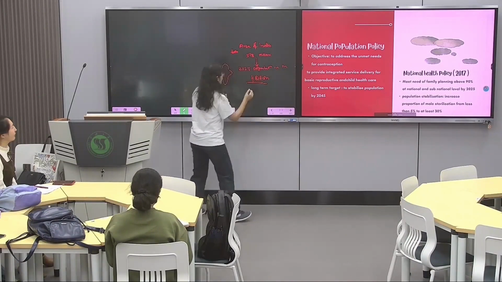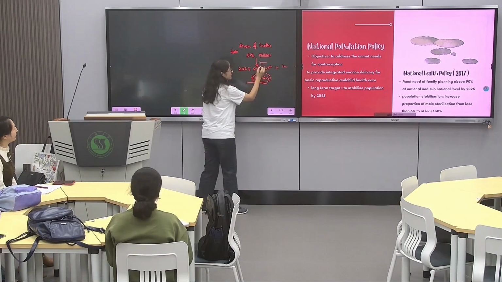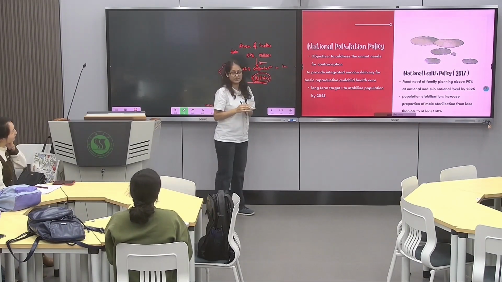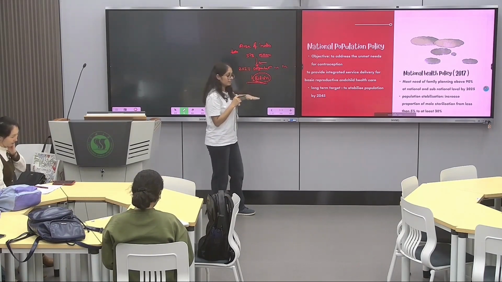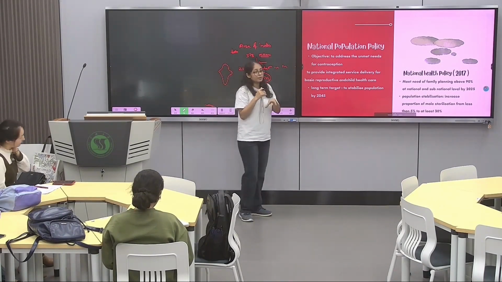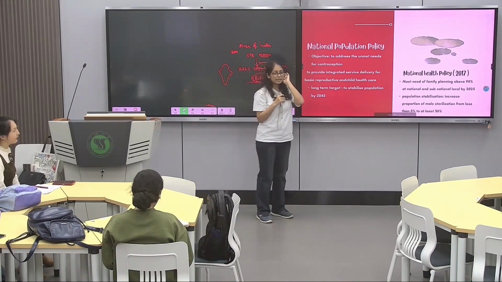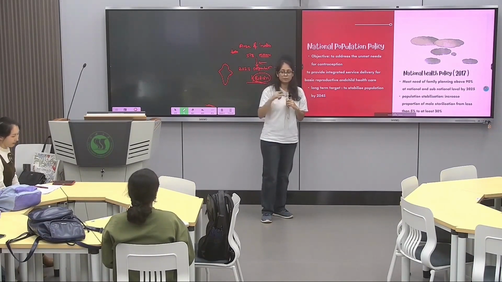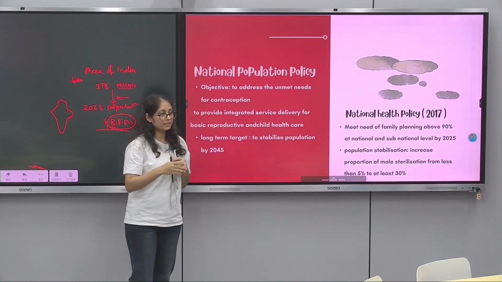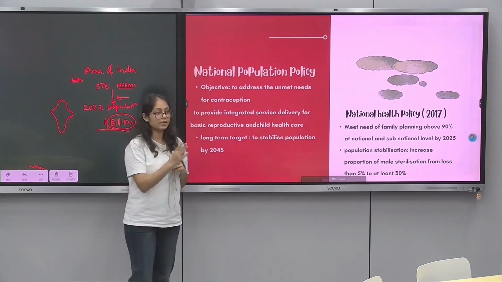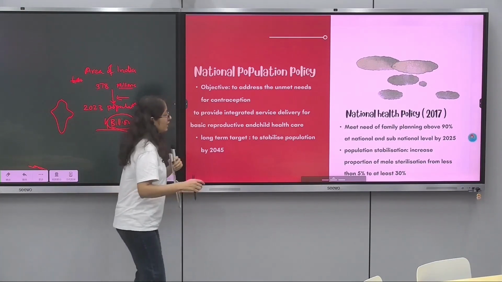So, from millions to this billion, we need to use contraceptives in order to decrease the birth rates. If we decrease the birth rate, the population will decrease, and then everyone will be able to utilize the resources correctly and wisely. One more thing I would like to highlight: in India, earlier it was a three child policy, but now it is a two child policy, so that after the mother and father die, there are two children to continue their family.